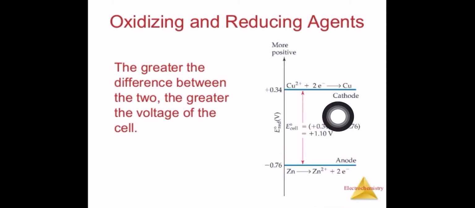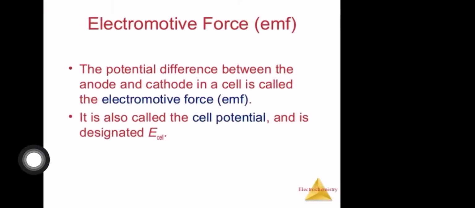reduction minus oxidation, because this is going to reduce, right? So you can remember reduction minus oxidation. If you don't want to remember right hand side minus left hand side, you can remember it as reduction minus oxidation. At reduction we get a positive value, and at oxidation we get a negative value. So plus 0.34 minus (minus 0.76), so it will become plus, and your value will become 1.10 volt.